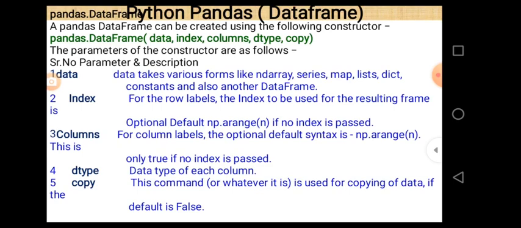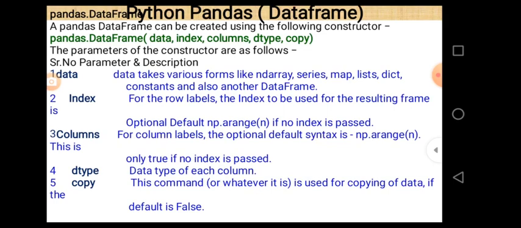For the row labels, the index is to be used for the resulting frame. There is a default index also, but you can give index values by passing index as an argument.